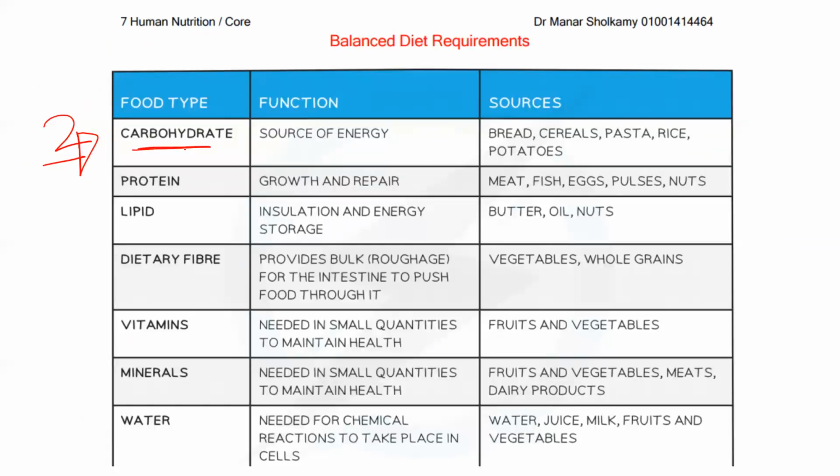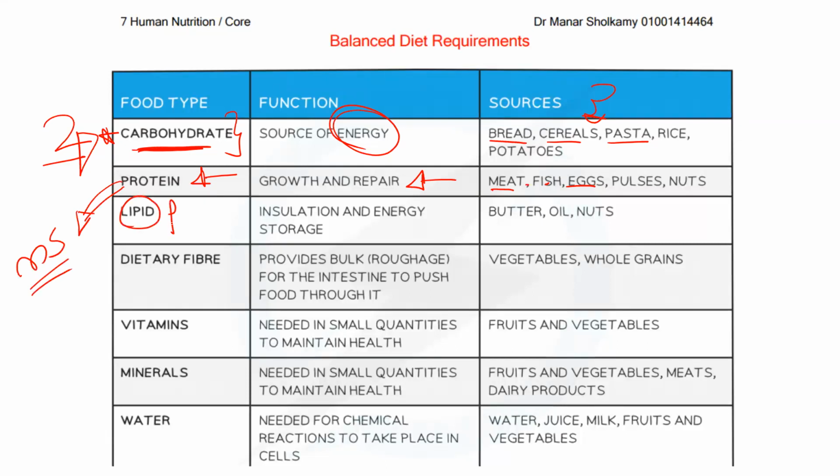Now, of course, carbohydrates. Where are they found? In bread, in cereal, in pasta, in rice, in potatoes. Now, what is the most important function of carbohydrates? They give energy to the body. Energy, very easy. Proteins, where do you find proteins in food? Meat, in fish, in eggs, okay? And proteins, of course, are very important for what? Growth and repair. Exactly, mainly muscles. Okay, we will also have a list for the uses of proteins.